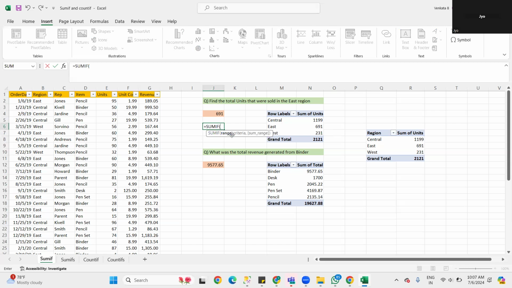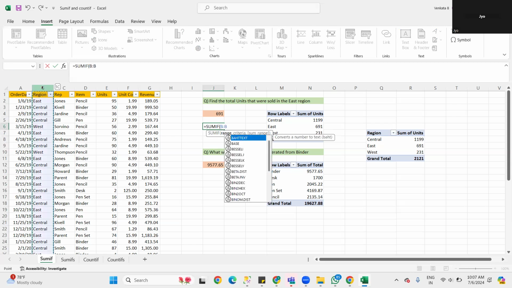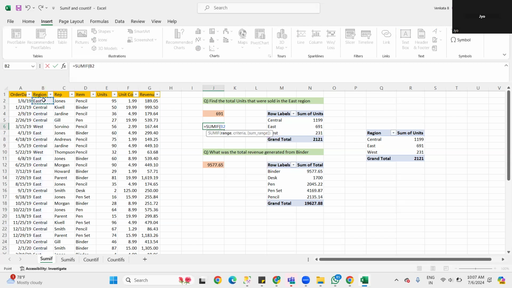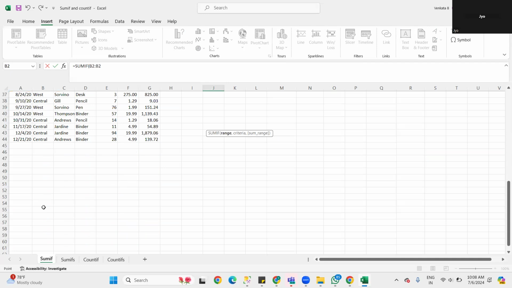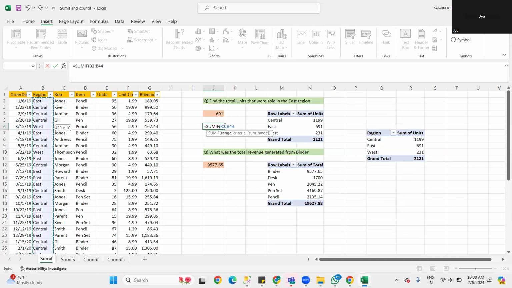So first of all, we have to give SUMIF function. What are the three arguments? Range, criteria, and sum range. We have to give range. Range means whatever range we are selecting. We can give the range starting with cell B2 to the ending value, central. So we are looking within this range B2 to B44. So next, the filter criteria is,